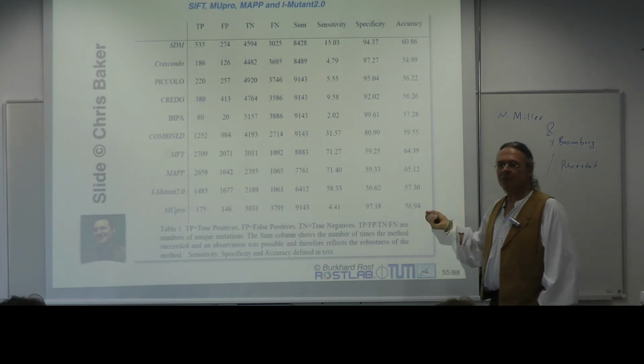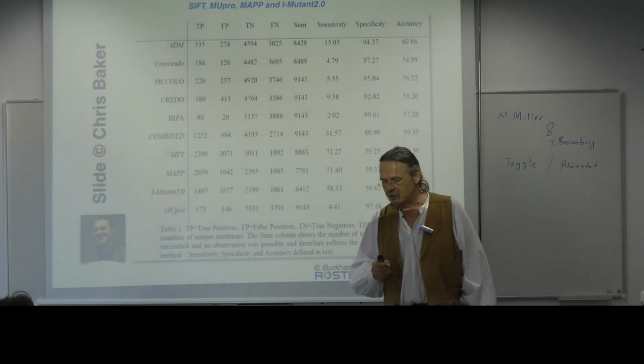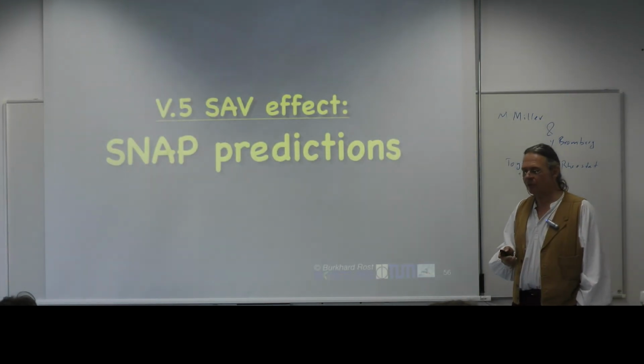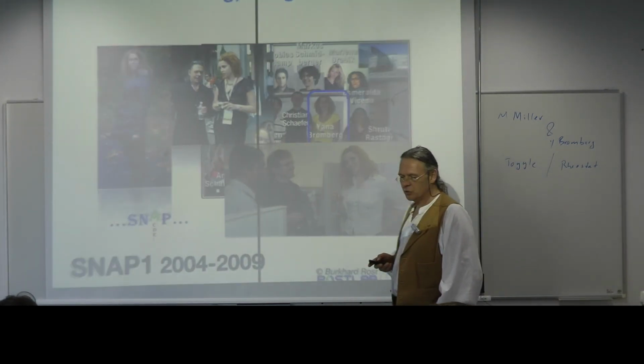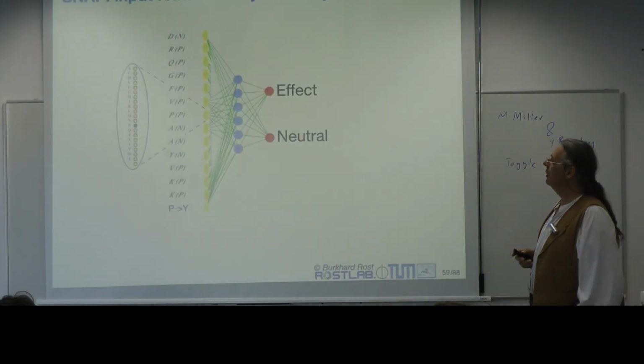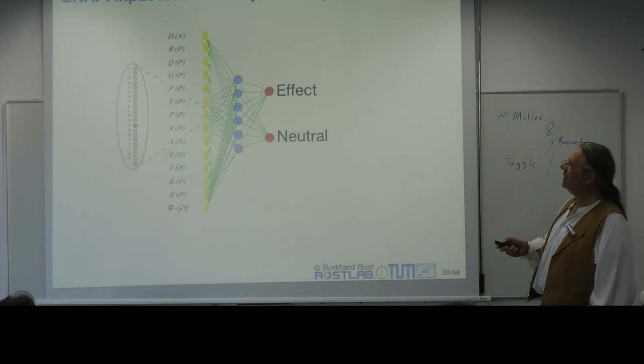Because very often some methods are good from one aspect and not the other. So the story gets really complicated, and I'm not taking that complication away. I don't have a solution. I'm just going quickly through one particular effect prediction through machine learning solution, where the idea is we do exactly